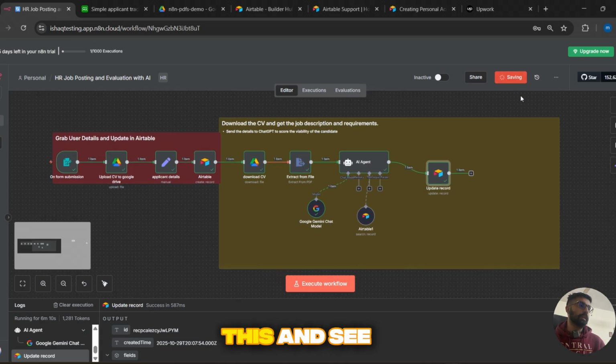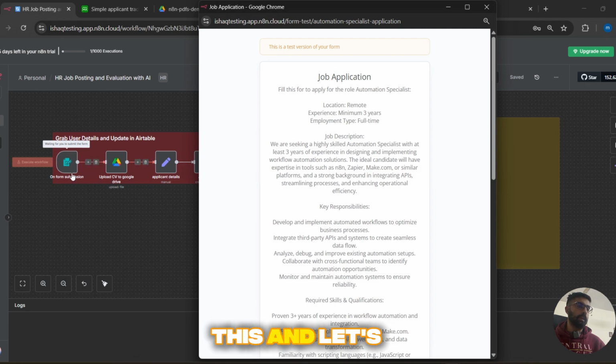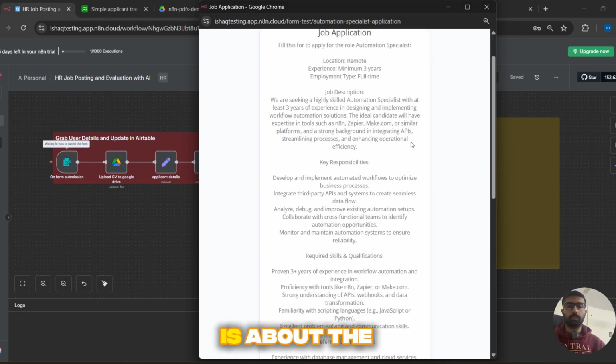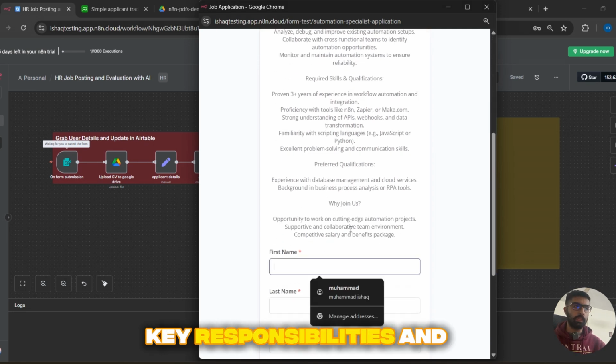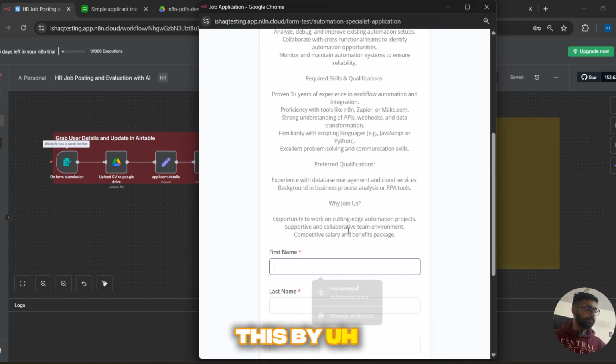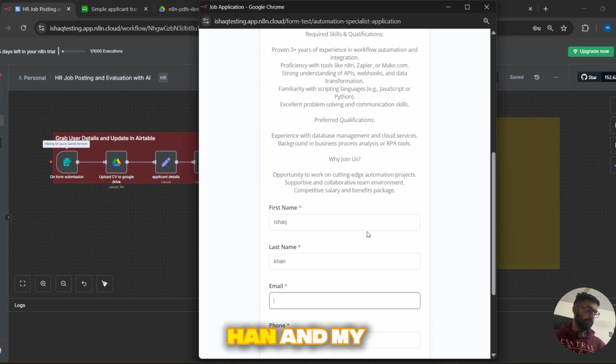So let's run this and see how this workflow works. I have saved this, and let's execute this workflow. Now the first node, on form submission, will be triggered, and based on this we can see that we have the job application, what the job is about, the job description, key responsibilities, and the required skills. So let's fill this in. Let's write first name, Isaac, and the last name as Khan, Isaac Khan,